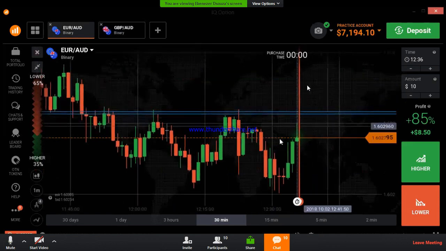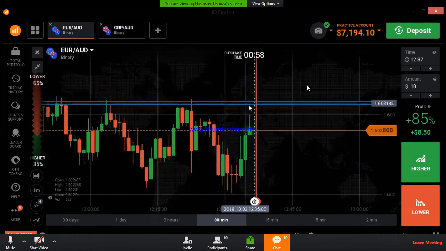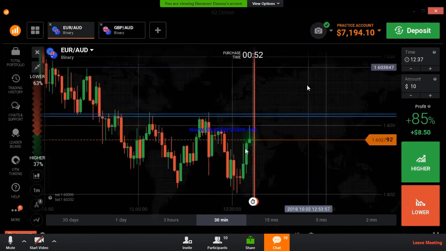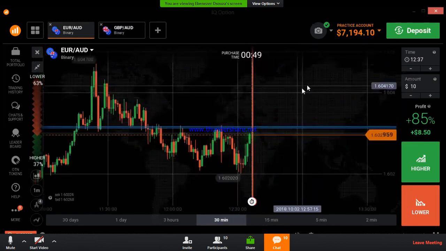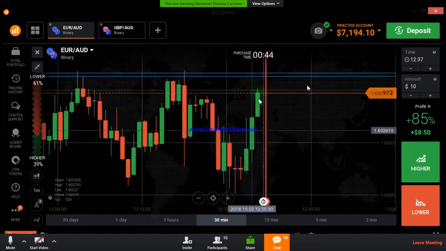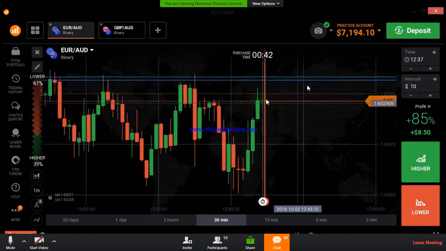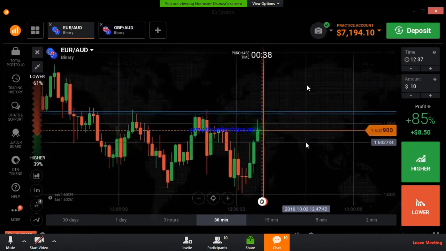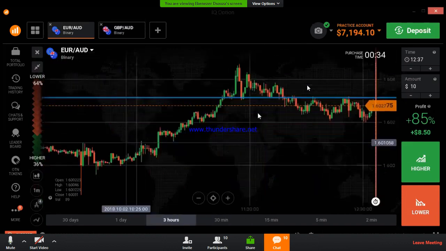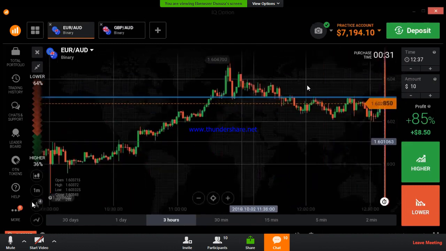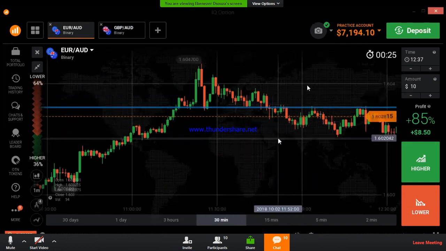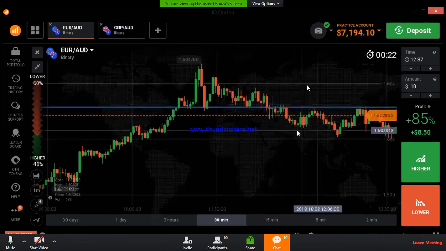You can't trade here. If you want to trade here, you need to wait for the breakout. After the breakout, the market will again come to the same level. Then you can trade. You can see the buyers are coming very strongly to break this level, so there are more chances it breaks. Okay, and I drew this level with the Fibonacci tool. But if you draw it manually, you can find some good levels.